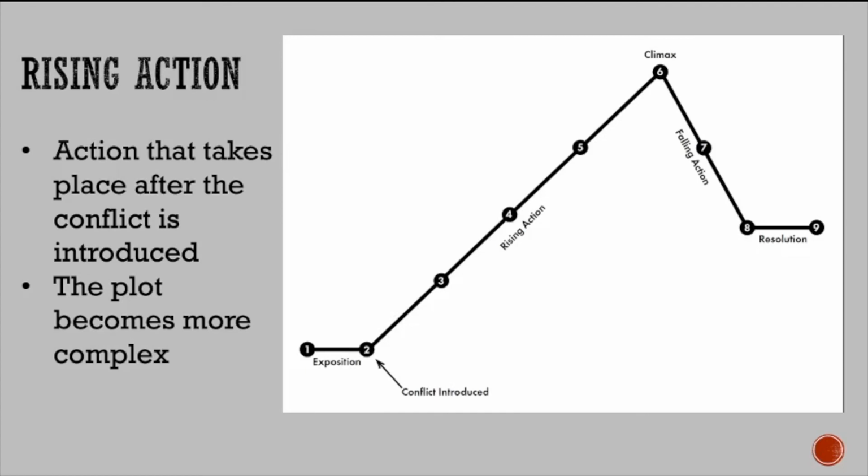This is where the plot becomes more complex. As you can see on our plot pyramid, the rising action rises. It goes up. It makes our story more interesting. This is really the meat of our story. This is what makes it whether or not we really want to read it. And so the rising action continues until we get to our third part of our plot pyramid, which is the